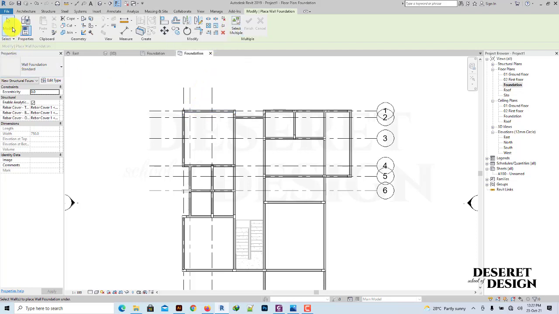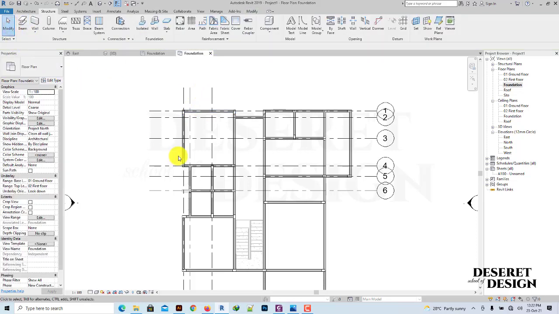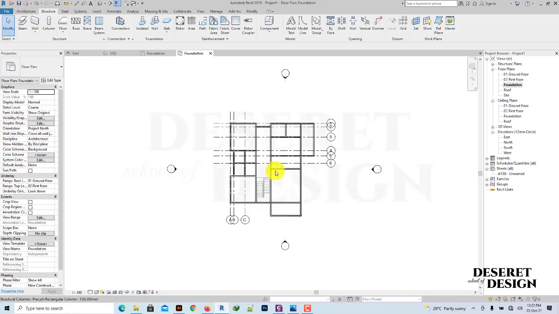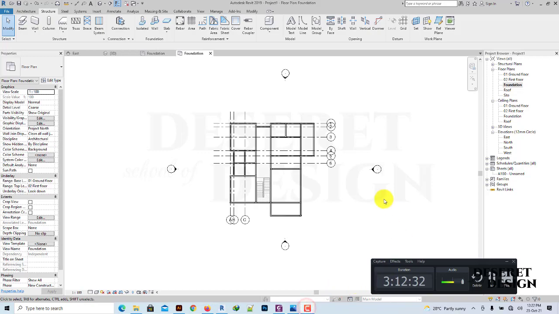Right from the beginning, where you connected the foundation, individual columns,